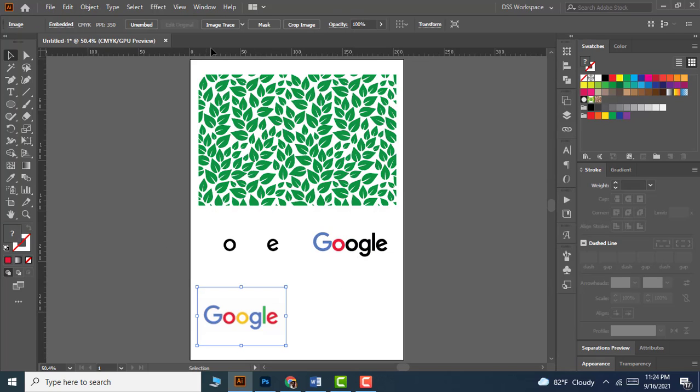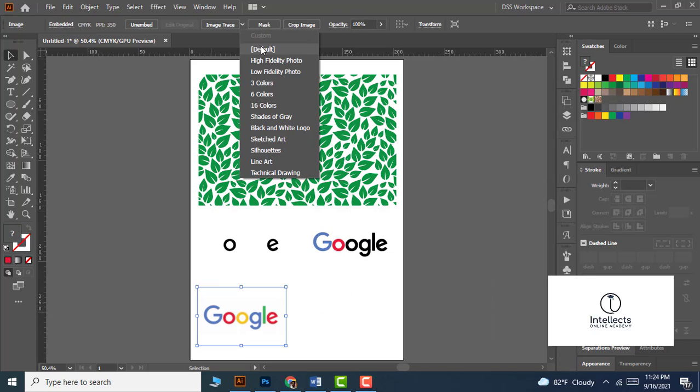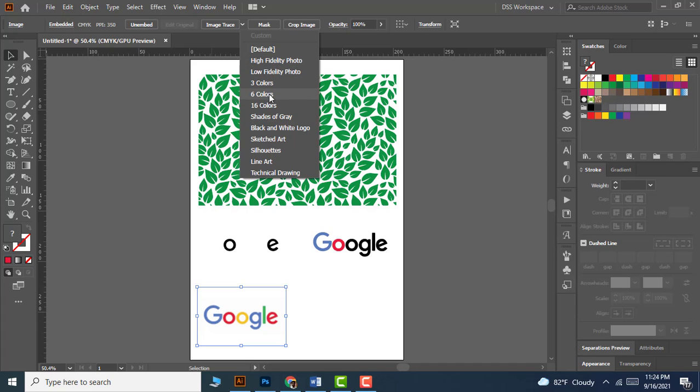And guys, there are some more options available under the tracing menu. I leave it to you to do some self experiment with those options, and that's all about this lesson,